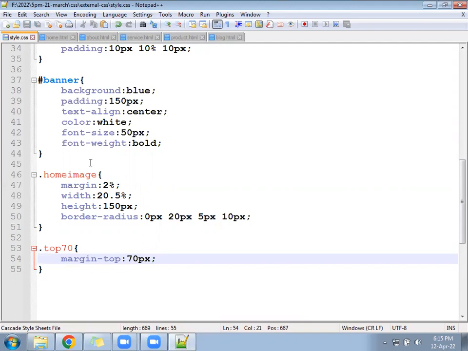So the section tag will lead from the top by 70 pixel. Save.